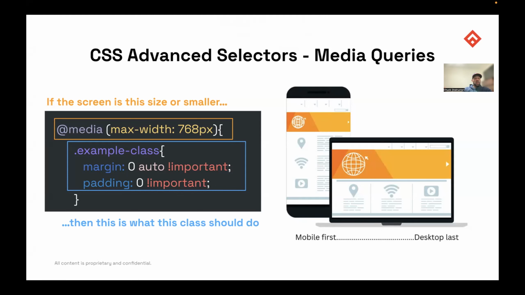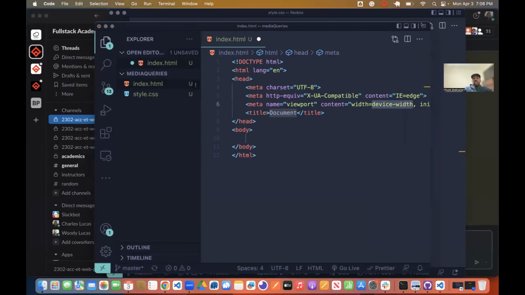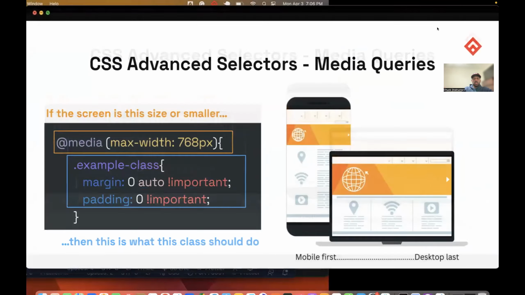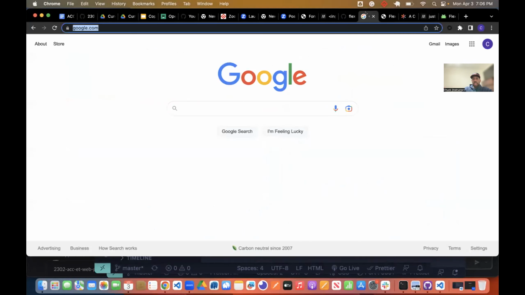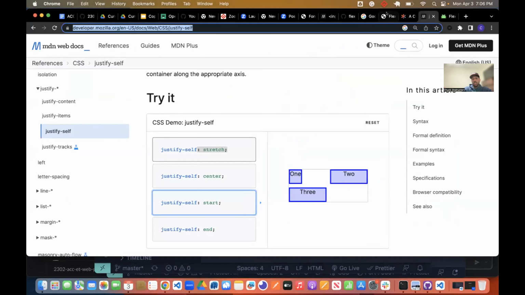All right, so let's think about this GitHub markup page, for example. So if I go back to the GitHub markup page,